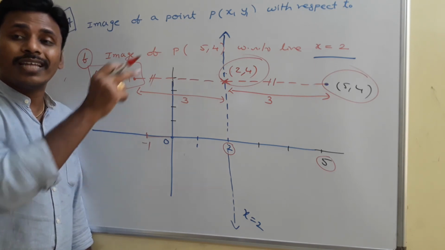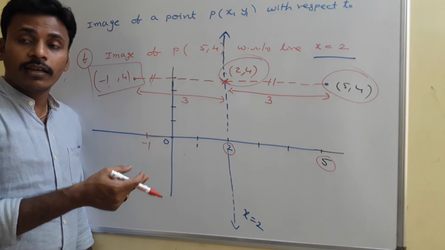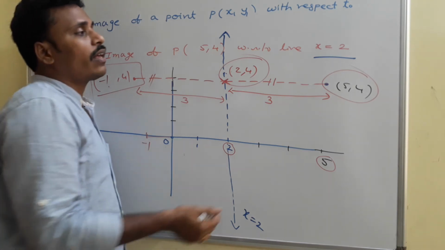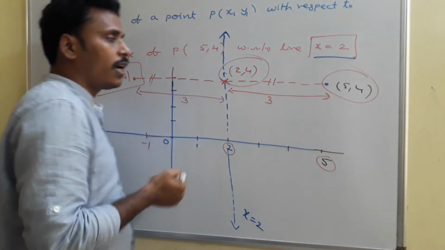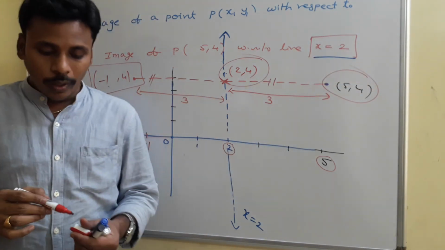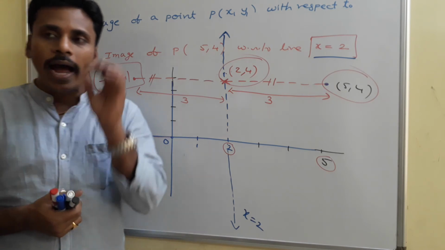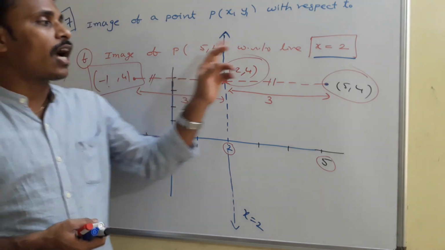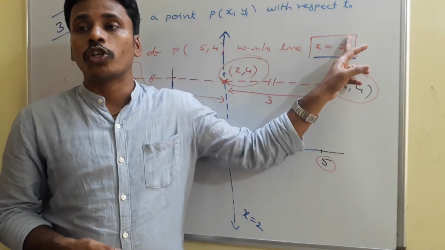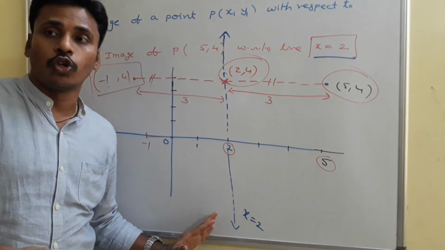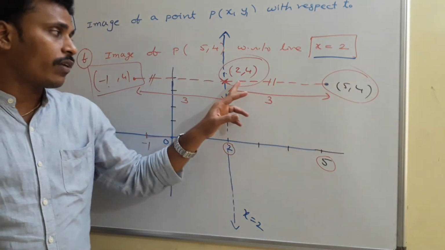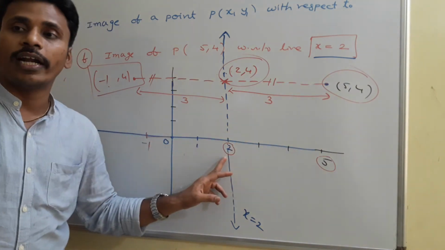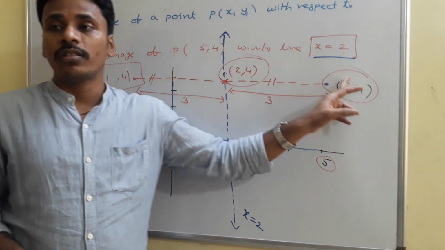See, without using that lengthy formula again and again, it is easy to identify the image for simple problems where the equations are either vertical or horizontal, using the midpoint concept. Once again, look. For that you need to identify the diagram, how they are located in the coordinate system. 5 comma 4 is given and the line x equals 2 is given. See, this is x equals 2, this is 5 comma 4. Identify this point as 2 comma 4, very clear, because the vertical distance is the same and the x coordinate is 2. See, this is 2 comma 4, this is 5 comma 4.